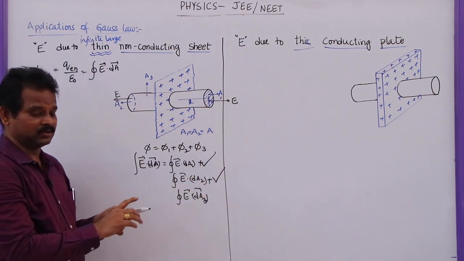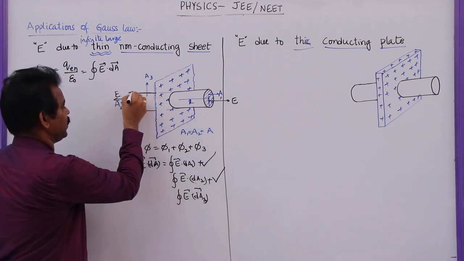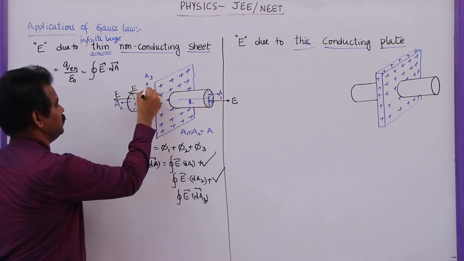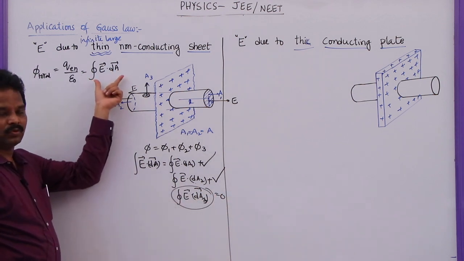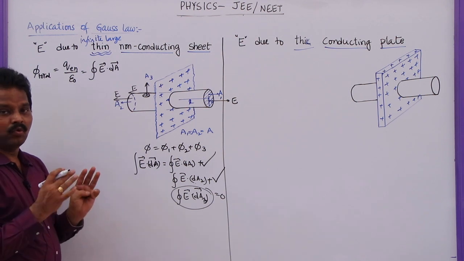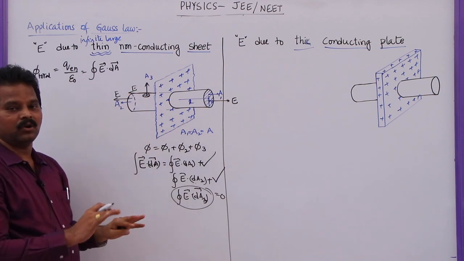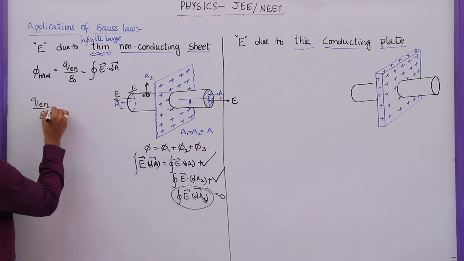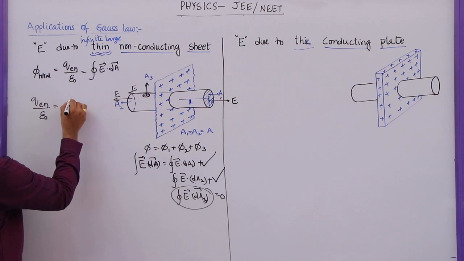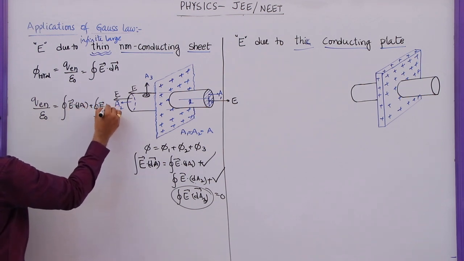But what about the electric flux that is passing through this curved Gaussian surface here? Here the electric field is tangential and the area vector is upwards. So that's why this will become 0. So what is the total flux through this closed Gaussian surface? Only the circular surfaces will contribute flux. The curved surface will not contribute any flux. So here I am going to write the charge enclosed by epsilon naught is equal to phi1 plus phi2, so let me write this as the closed integral of E bar dot dA1 plus the closed integral of E bar dot dA2.